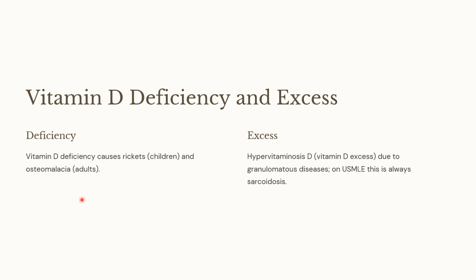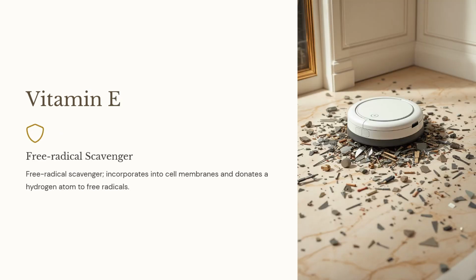Vitamin D deficiency, obviously, will present as rickets in children and osteomalacia in adults. But hypervitaminosis, vitamin D excess, is due to granulomatous disease, which is almost always sarcoidosis in exams. Vitamin E. I want you to remember this picture for vitamin E, because vitamin E is a free radical scavenger